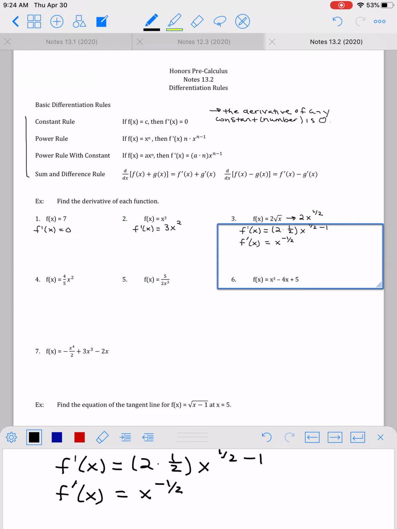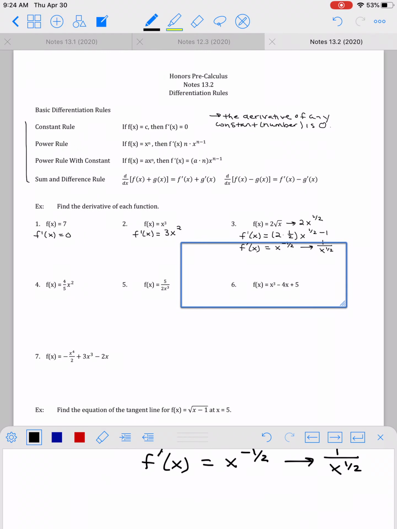Honestly, I'm not bothered by the negative exponents. You can leave it like that. You can also write it 1 over x to the 1/2. I'll be really flexible there, and really negatives and the exponent aren't really going to bother us too much anymore. Okay, so moving forward